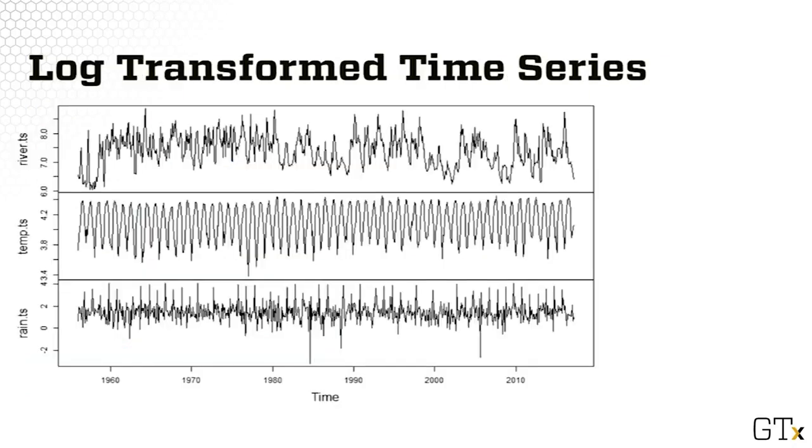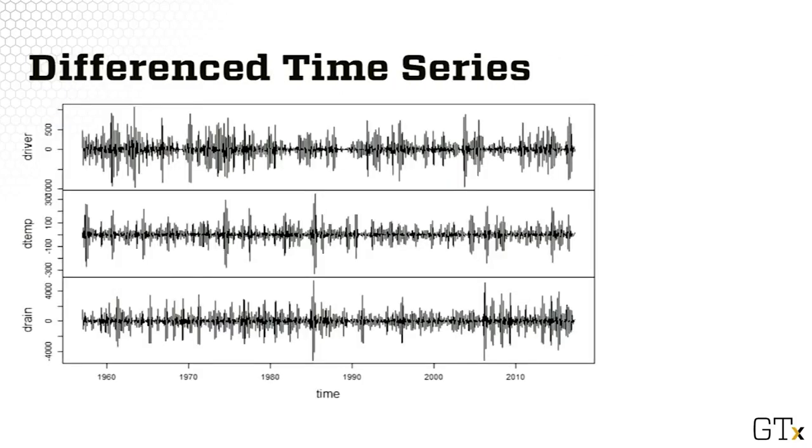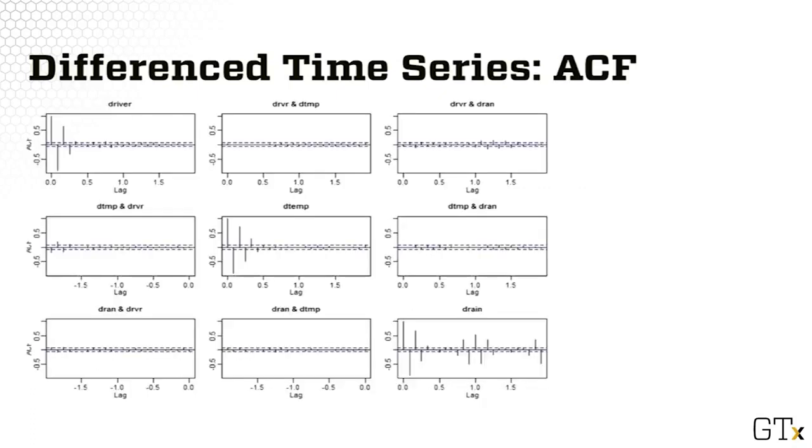These are the log transform time series. The non-constant variance for the river flow time series is stabilized. These are the plots of the differenced time series. The seasonality in the temperature and cyclical pattern in the rainfall are not present anymore. This is also evident from the ACF plots. We see some cyclical pattern left in the rainfall,